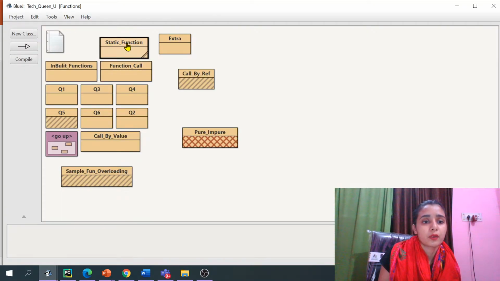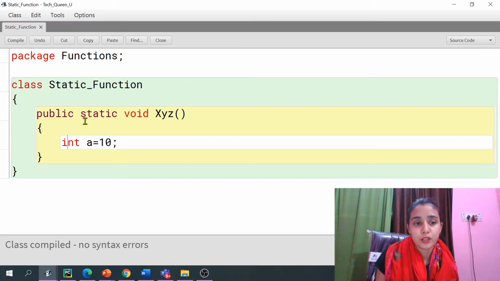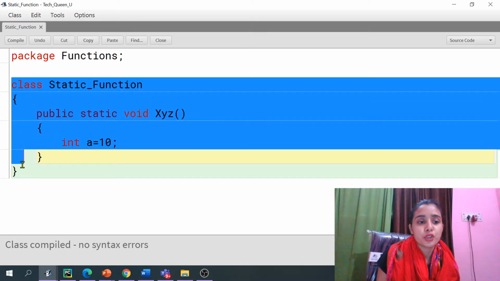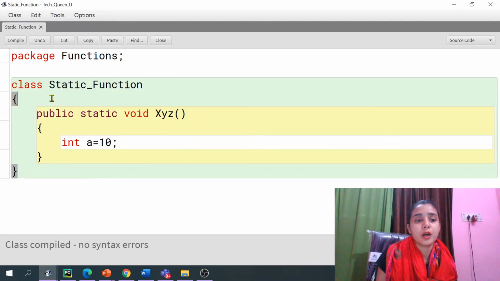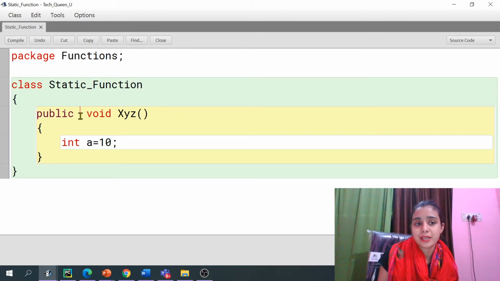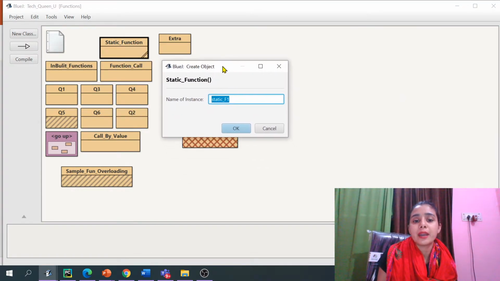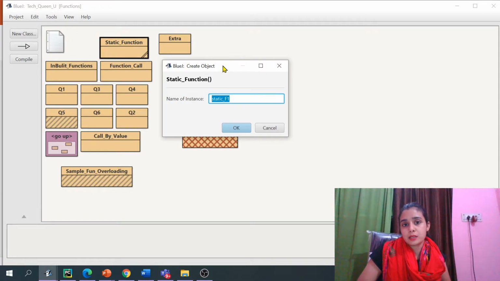Because I have not given there any statement. Okay, I just want to tell you what is the difference when you are using static and when you are not using static. Actually, I have called this function without creating the object of this class. But let's say I am not using the static. So now what will happen when I run that? Here it will ask to create the instance of that particular class, right?